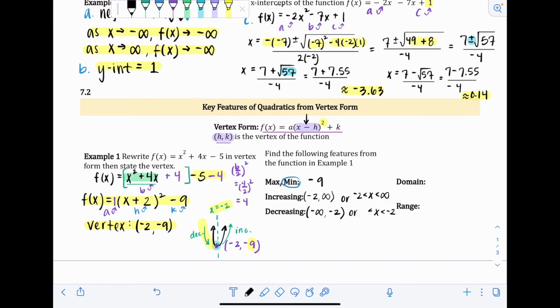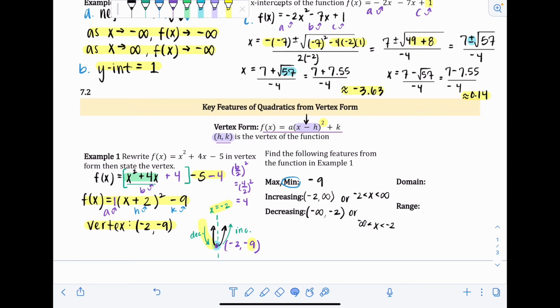I did not leave myself enough room, I'm sorry. So x is less than -2 and greater than -infinity. Let me just move this down so it's not as smushed. Okay, so try to get comfortable with both ways. You'll see both pop up in your workbook, so you maybe want to leave a note or have a little note card you could reflect back to and compare where they're the same